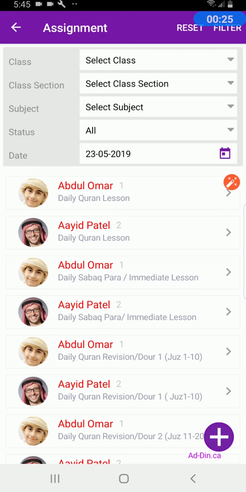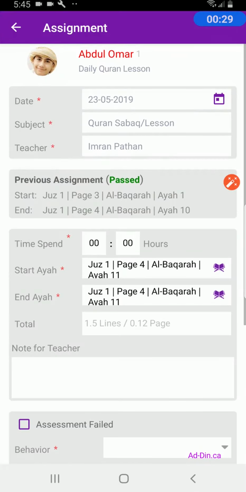Let's start with Abdul Omar for the daily Quran lesson. When I just tap on it, it's going to show me the previous assignment status, which was passed, how much was completed in that previous assignment, which is Surah Baqarah ayah 1 to ayah 10, and automatically the system selects the next ayah in line, which is Al-Baqarah ayah 11. So all the teacher has to do is select the end ayah now,